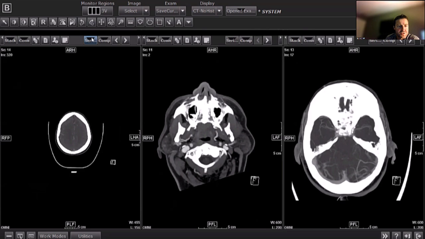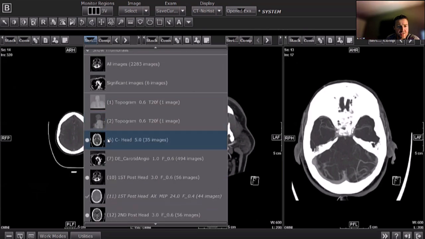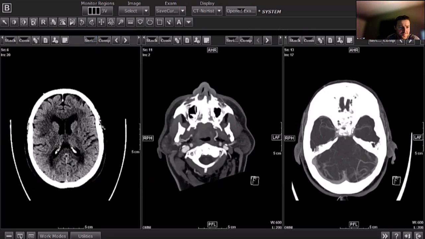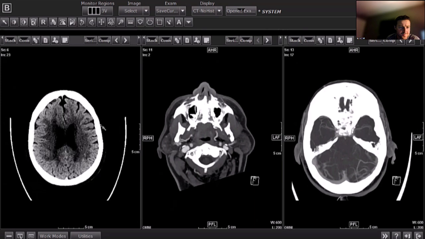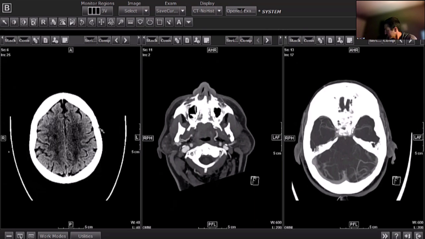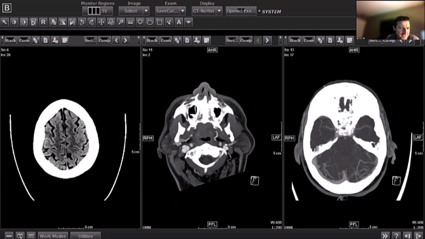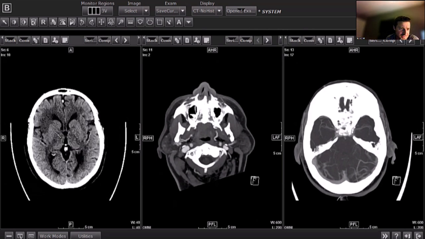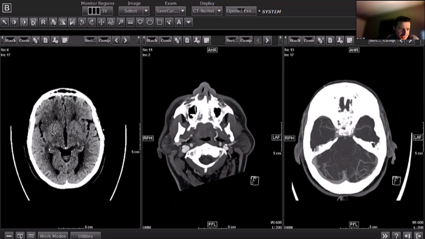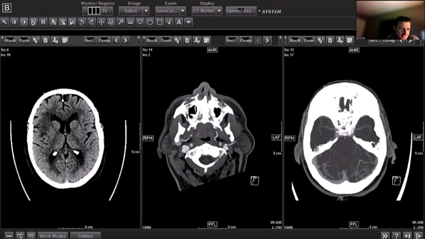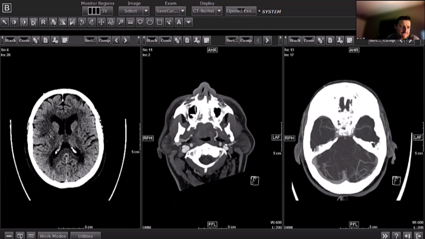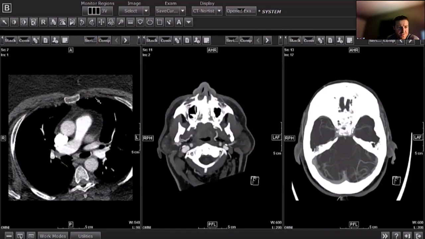Okay, so another patient presenting in the acute window. This is actually the patient that we did the ASPECTS on in the actual PowerPoint presentation. We've got a little area of ischemia in the insula and a little bit in the frontal operculum. So ASPECTS of 8. When we look at our CTA,